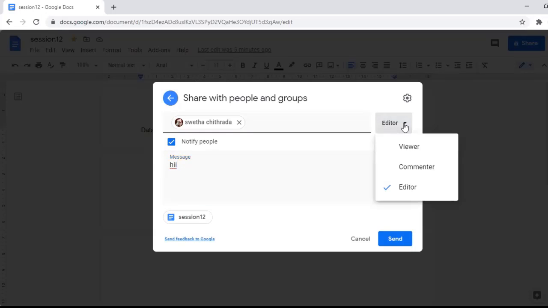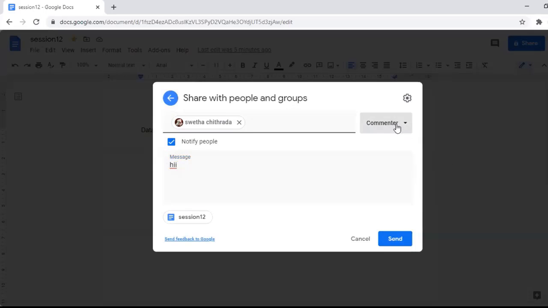There are three types of permissions: viewer, commenter and editor. If you select viewer, the person has only the capability to view the document. If you click on commenter, the person has only the right to comment. If you click on the editor, the person has the ability to edit the document.